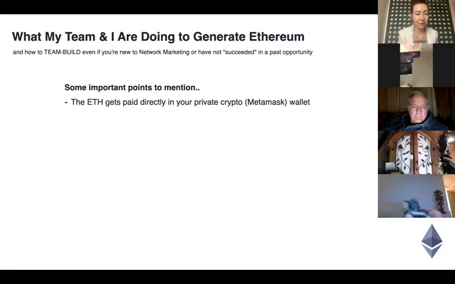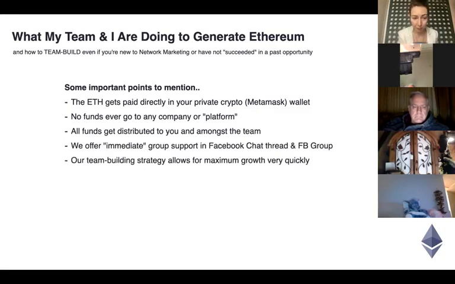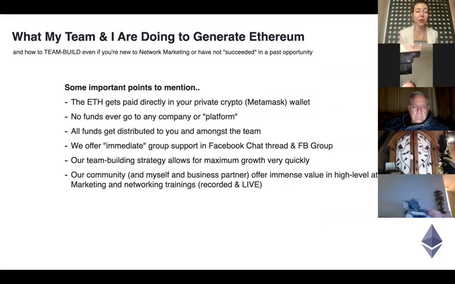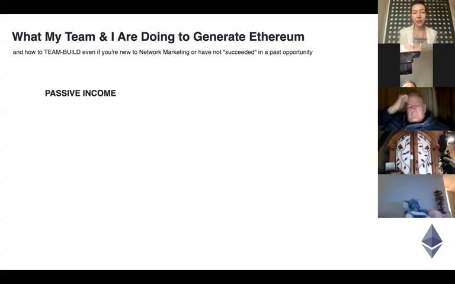Some important notes to mention: the ETH gets paid out directly, as I mentioned. No funds go to the company platform. The funds get distributed between you and amongst the team. We offer lots of support. Our team building strategy is for maximum growth. Our community offers immense value, and we're going to have that passive income option. A lot of people do both the team building option and the passive option. Some people may just do the passive income option because they don't have the time, or they enjoy the high risk thing and want to do the high risk thing. And so again,